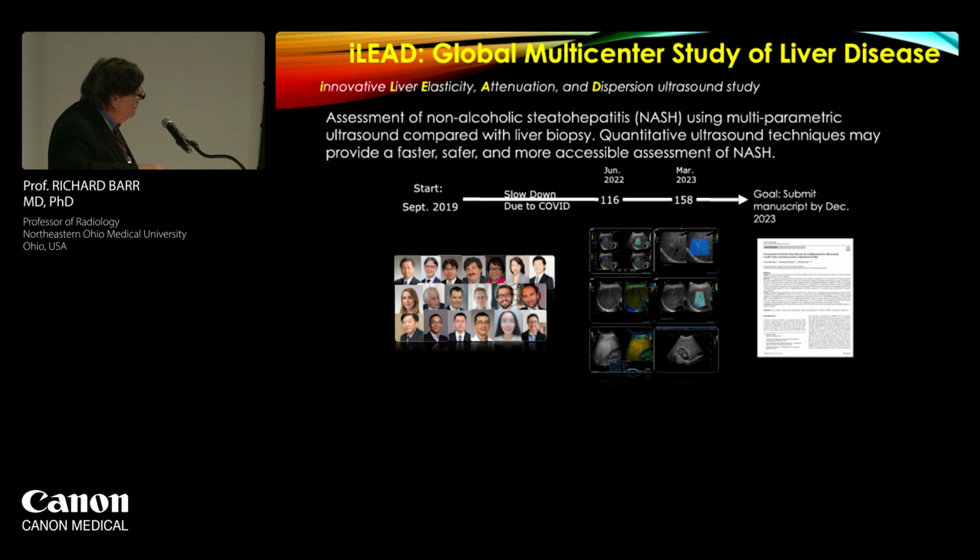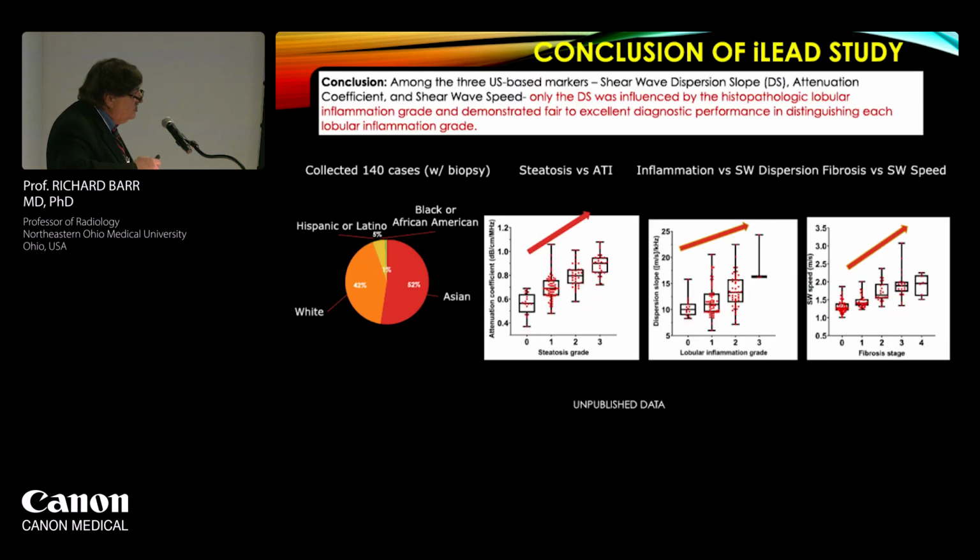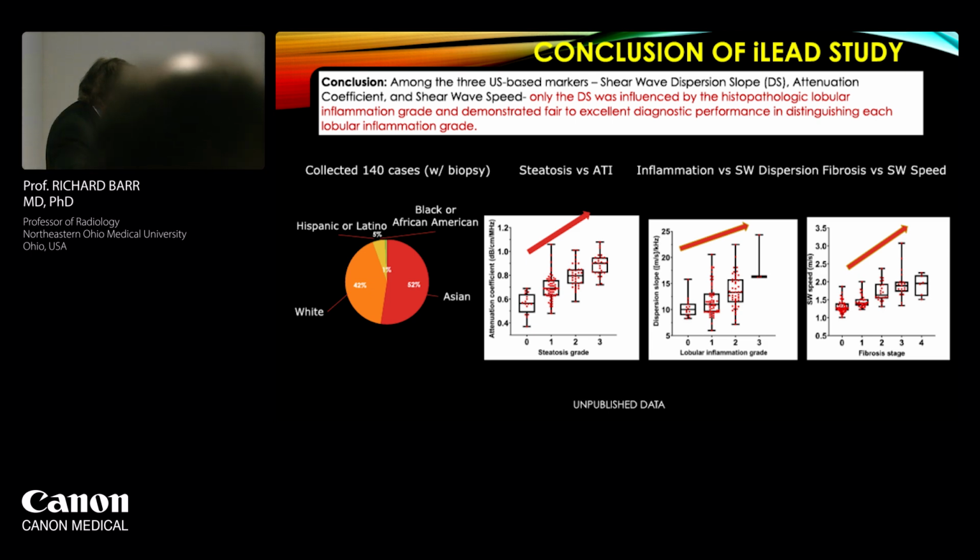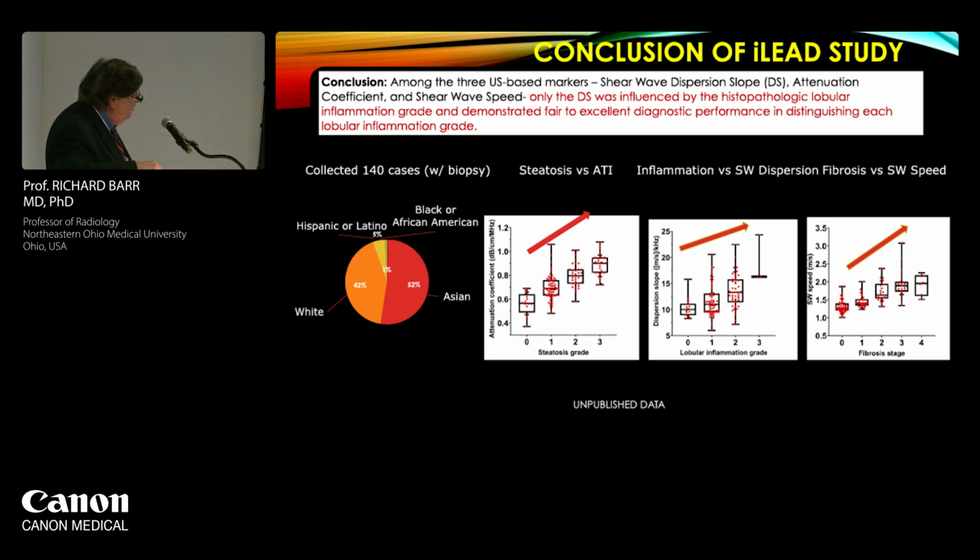We have some older papers, but again, we're going to have hopefully a new submission by the end of this year or beginning that shows that there is a reasonable relationship to shear wave slope with inflammation in addition to other things. And again, this is his unpublished data that he'll be showing on Thursday. But you'll notice that the steatosis grade goes up based on attenuation coefficient. Very good correlation between attenuation coefficient and steatosis grade. The dispersion slope seems to correlate with lobular inflammation and grade, and our shear wave speed does correlate with fibrosis.